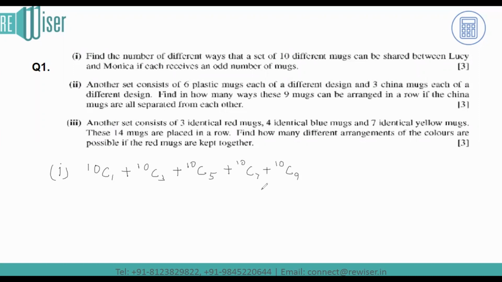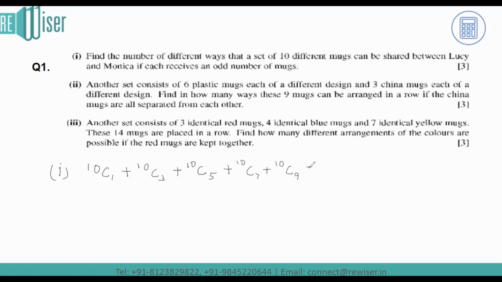I repeat myself. Suppose Lucy gets 1 mark, so automatically Monica is getting 9 marks, which are both odd numbers. Similarly, if Lucy is getting 3 marks, Monica is getting 7 marks, so both are odd numbers. So the respective combination is the sum of 10C1 plus 10C3 plus 10C5 plus 10C7 plus